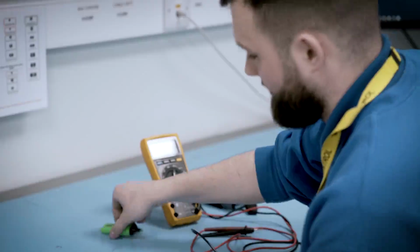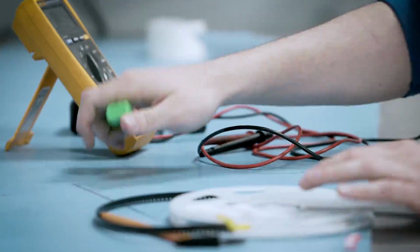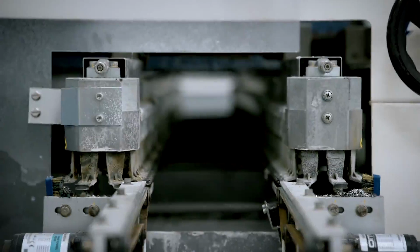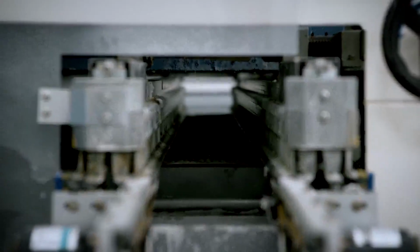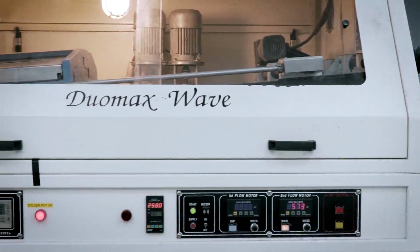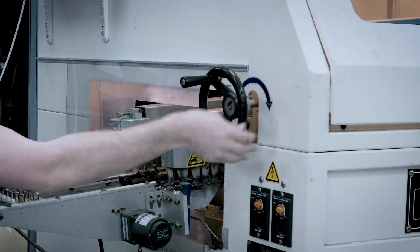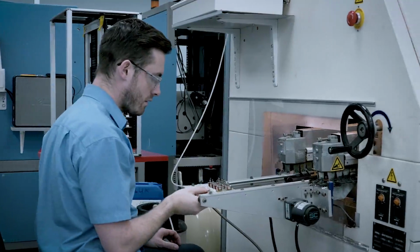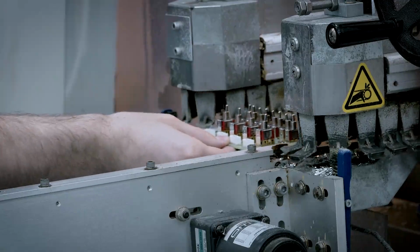All production is carried out in an ESD-controlled environment, ensuring that all items delivered are quality assured and fit for purpose. Alongside this, all our staff are trained to work to the relevant IPC standards by our own certified in-house IPC trainer. Our fully automated pick-and-place line gives us the speed and flexibility to place parts from 01005 metric up